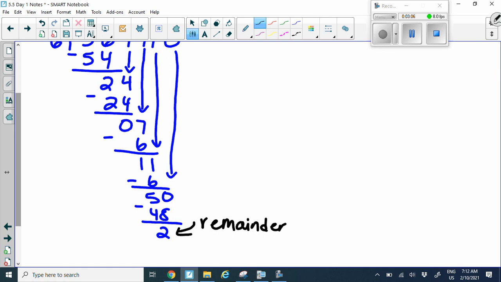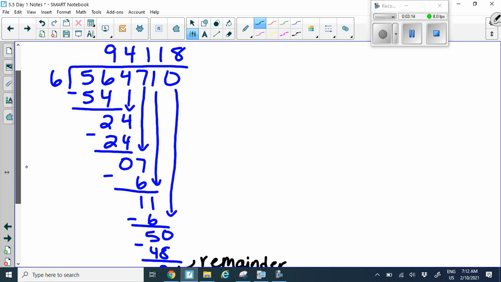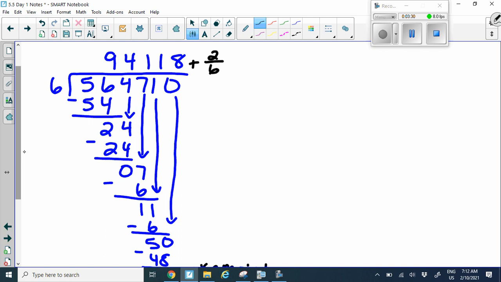So like today, you might get some remainders here. Now, if we really wanted to show what this meant, we could add it to the end of our answer. So we could put plus, and then we take our 2 and put it over our 6. Now, what does this plus 2/6 really mean? Well, that is our remainder, but if you put that into your calculator, that is also 1/3,